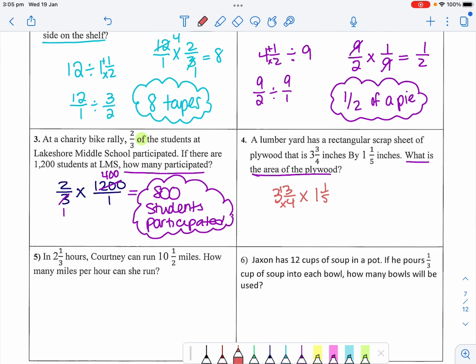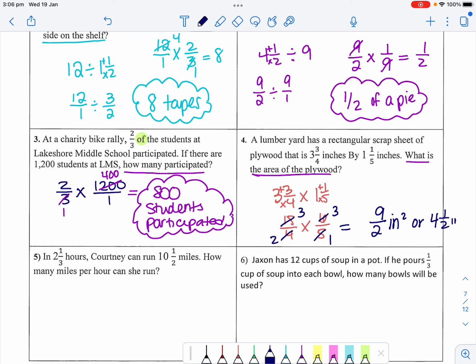So 3 times 4 is 12, plus 3 is 15 over 4. And 1 times 5 is 5, plus 1 is 6 over 5. So I'm going to cross cancel. This is going to become a 3. This is going to become a 1, 2, and 3. So this is going to be 9 over 2 inches squared, or